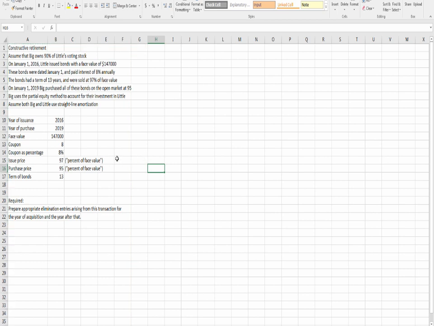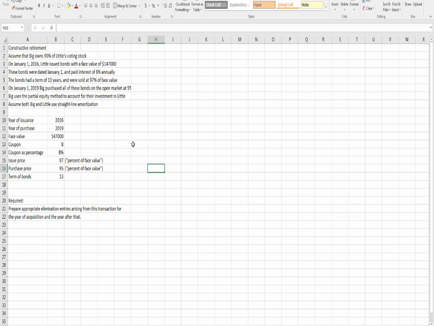On January 1st, 2016, Little issued bonds with a face value of $147,000. The bonds were dated January 1st, paid interest of 8% annually. Bonds had a term of 13 years and were sold at 97% of face value, a 3% discount. On January 1st, 2019, so 3 years later, Big purchased all of these bonds on the open market at 95%